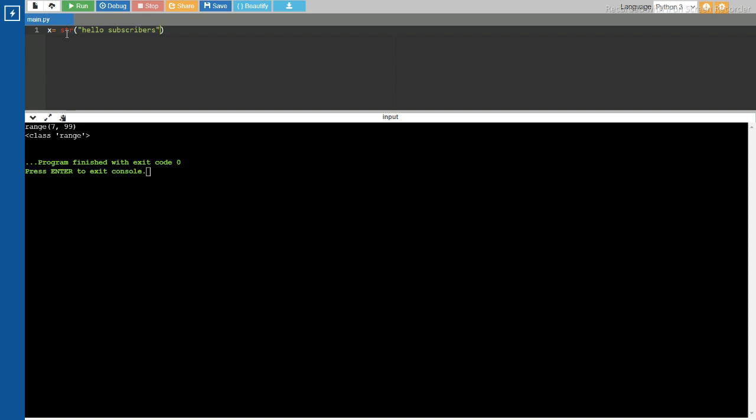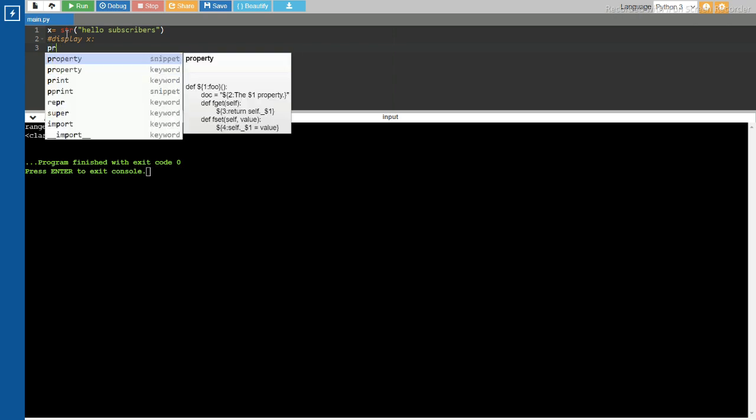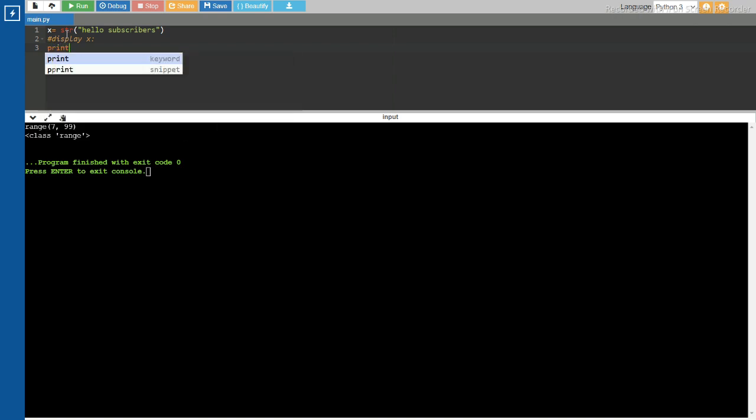Remember that when we are using built-in data types, hashtags are a must, and also for casting. Display x and semicolon. Next, let us type print of x.